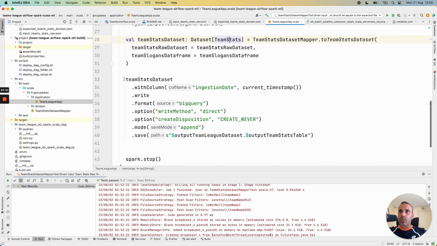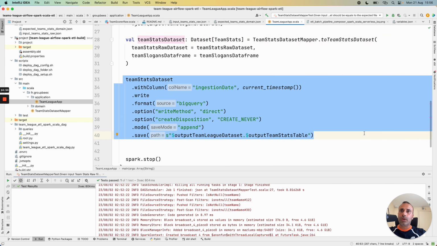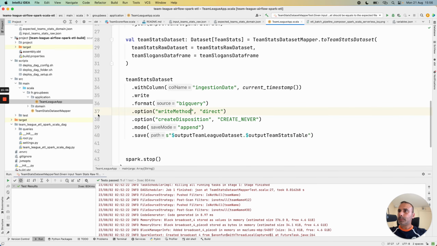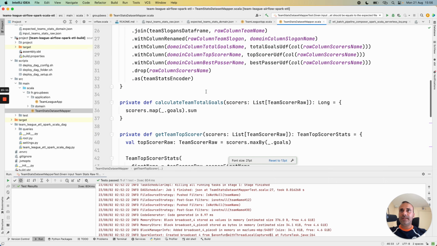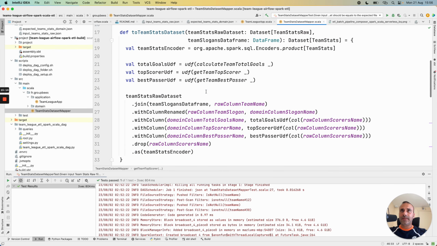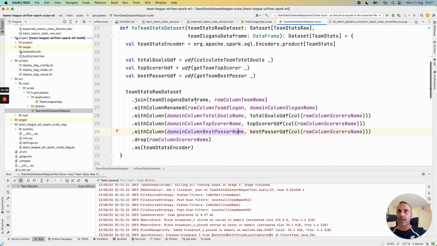And at the end, we write the result to a BigQuery table in append mode and also with a direct mode, as I explained in my previous video. For the mapper, I will not show the code in detail, but the principle is we apply some transformation here from the raw data. We calculate all the domain data, and we cross it with a join. We cross the raw data with the slogan per team.